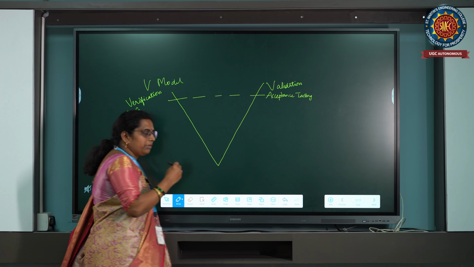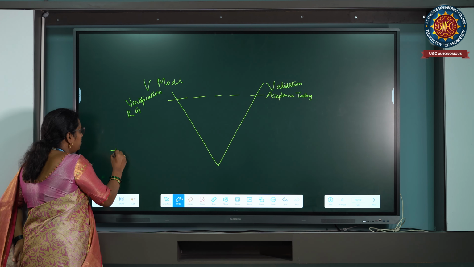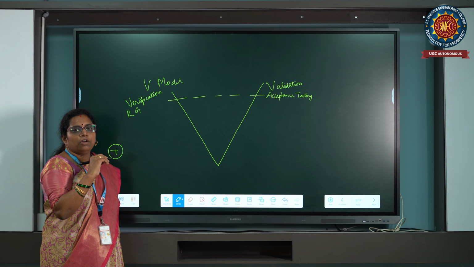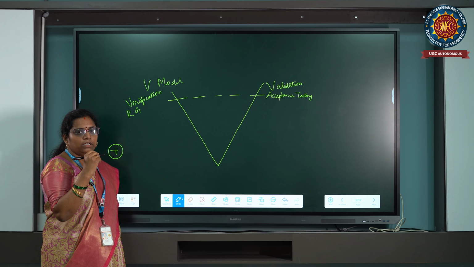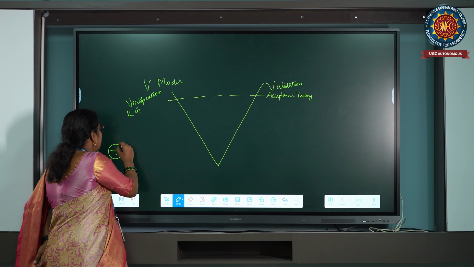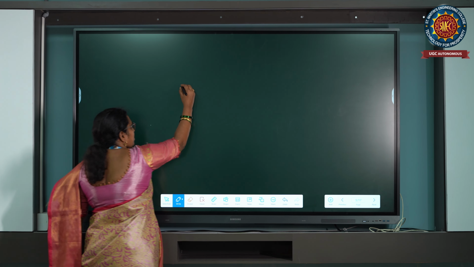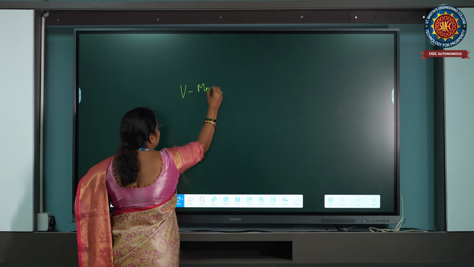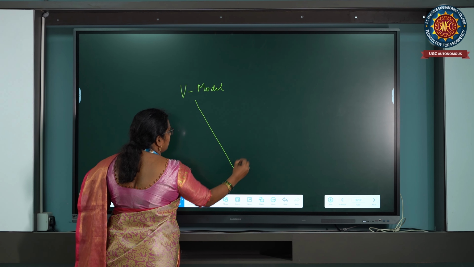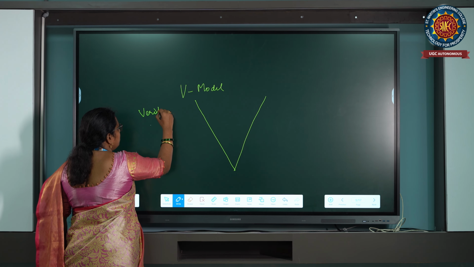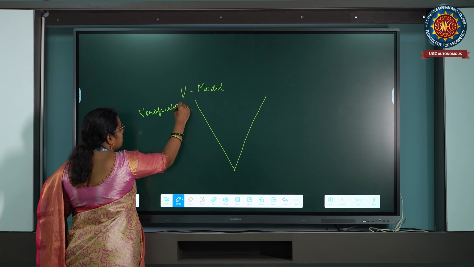Now as I gave the example, addition of two numbers. We need only addition or we need only subtraction or we need any other operator, right? We can use this, and we can tell whether it is accepted or not. Now we'll be looking at the V model, right? In this you have two parts. First, the left side is called verification and the right side is called validation.